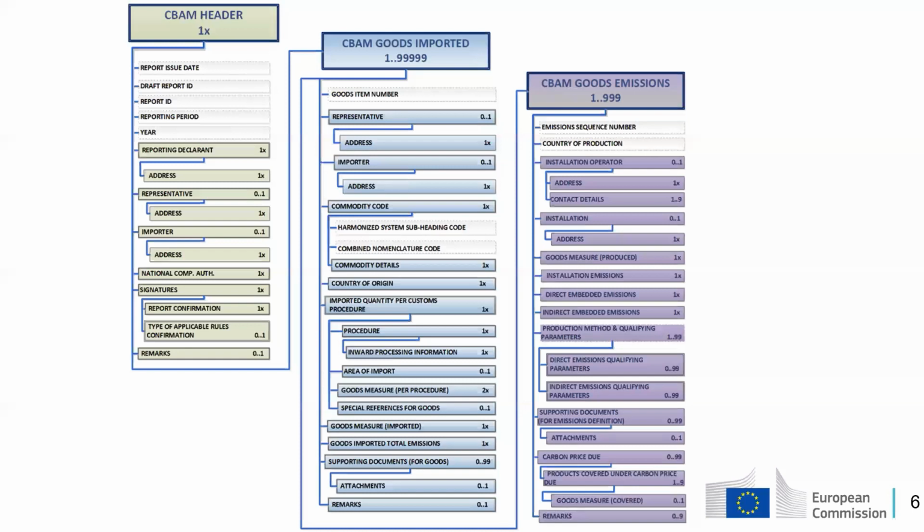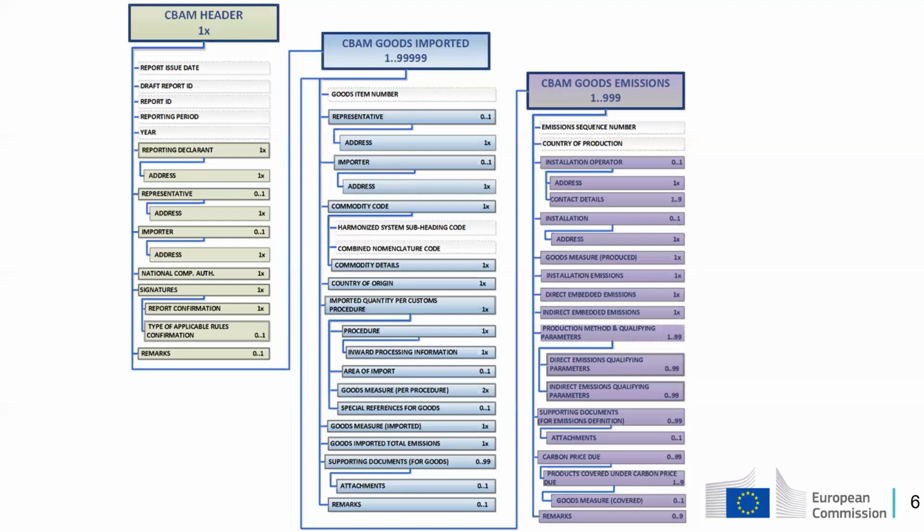For the emission, if we go to the 3rd level, then for the emissions, we have the emission sequence number, the country of production, which is very, very important, the installation operator, the installation itself with their details, the quantity of the good produced in the specific installation, the installation emissions, direct and embedded emissions, indirect embedded emissions, the production method used to produce this good in the specific installation, and the qualifying parameters, the emission qualifying parameters.